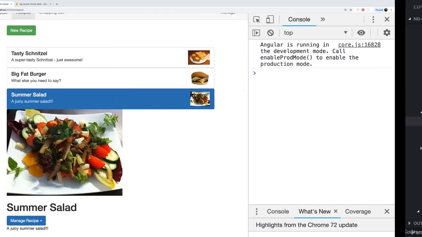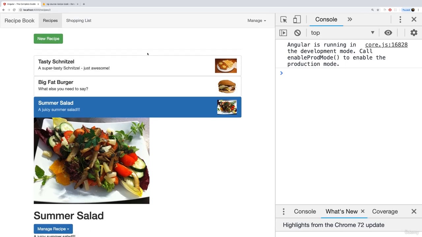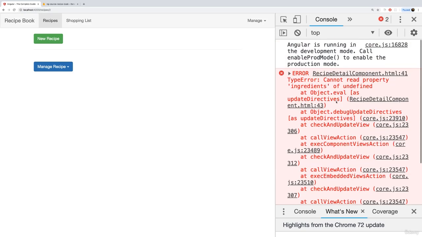We're almost done for the section, but we have another bug, or not really a bug, but a behavior, which I want to get rid of. If we are on a recipe detail page like this here, recipes/2, and you reload, you get an error. You get an error that it can't read the property ingredients of undefined, and the bigger problem here is not related to the ingredients, but simply that we tried to load the detail page for a recipe which doesn't exist